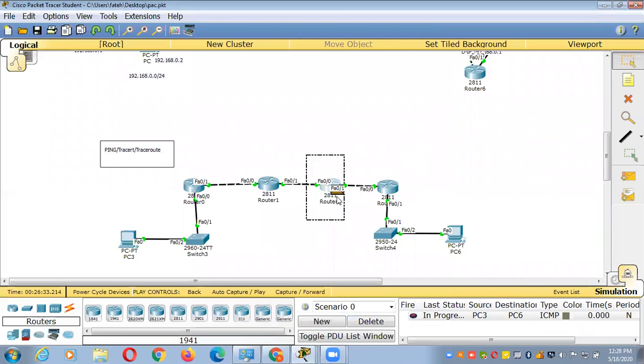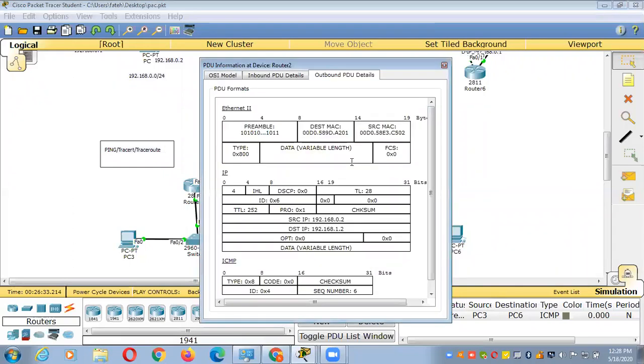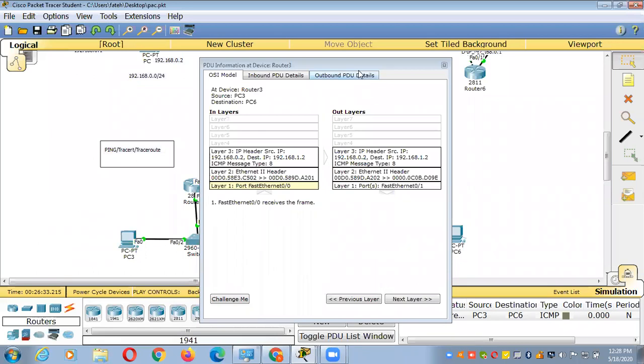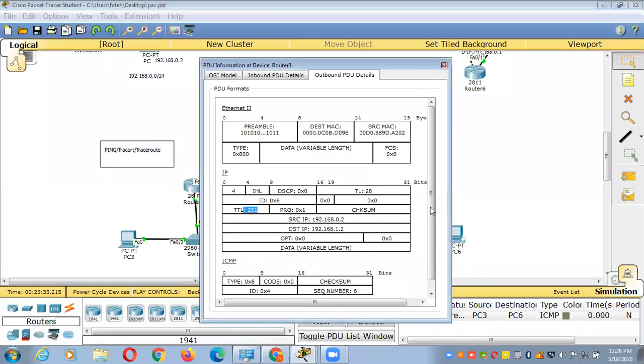What is the TTL here? The TTL is 252. Correct. So when you send from this router to this router, one hop will be here. When this router receives the same packet, it will decrement the TTL value. Now it is 251.